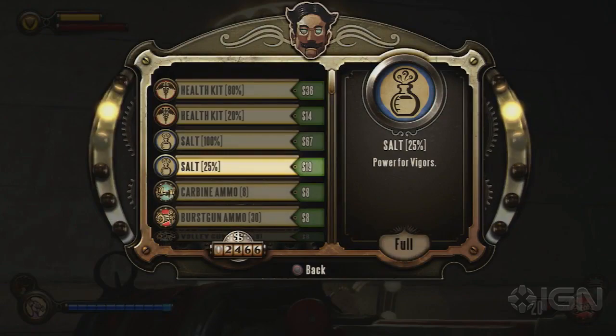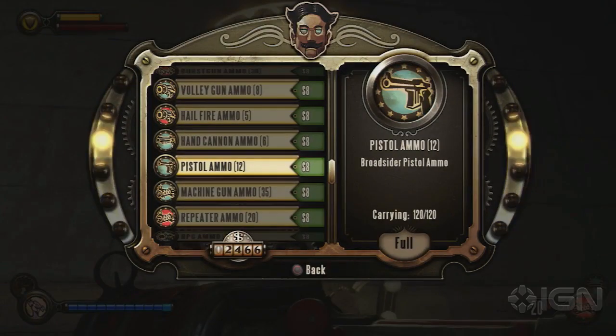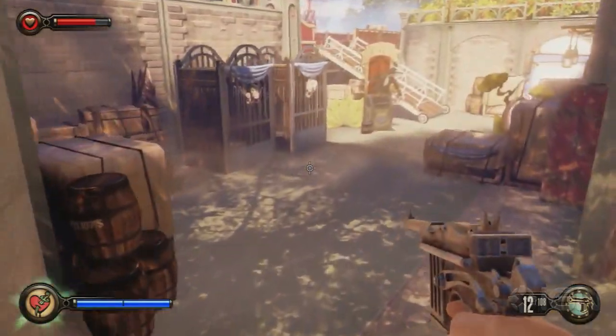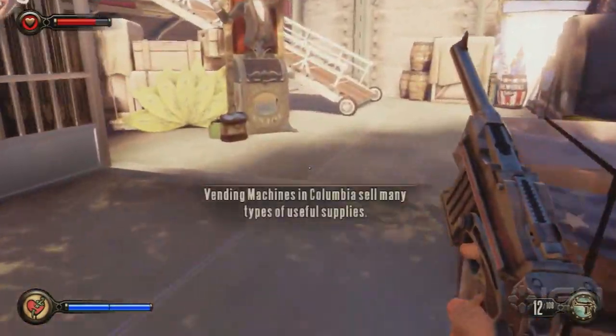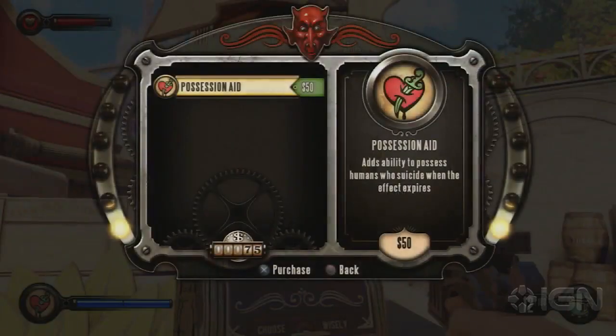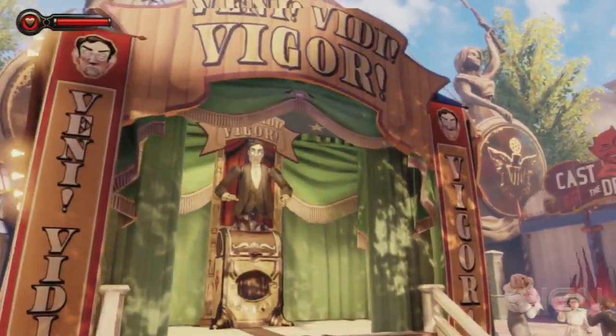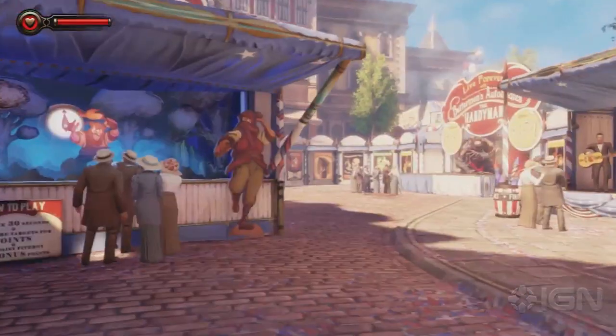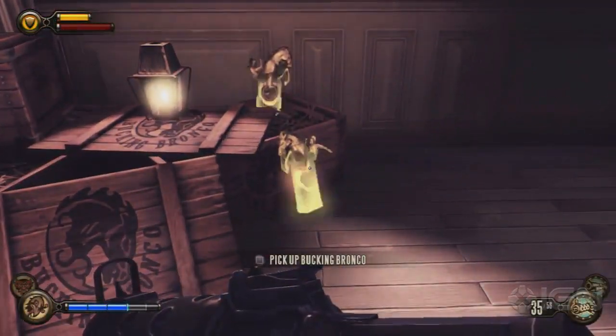Now, speaking of spending all of your hard-earned coin, or hard-found, I guess, on vigor and weapon upgrades, there are a few that you'll want to pick up right off the bat when you start the game. The first vending machine you'll come across is a Veni Vidi Vigor machine, which allows you to purchase upgrades to vigors like Bucking Bronco or Possession. Now, obviously the Bronco upgrade is a ways out of your price range, and also you haven't acquired that vigor yet,